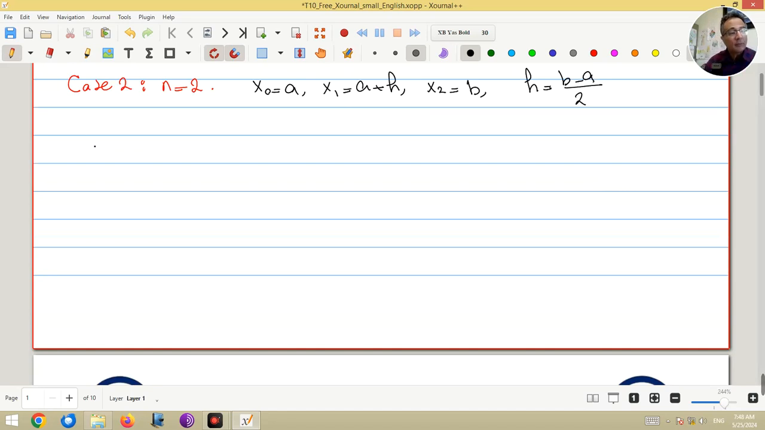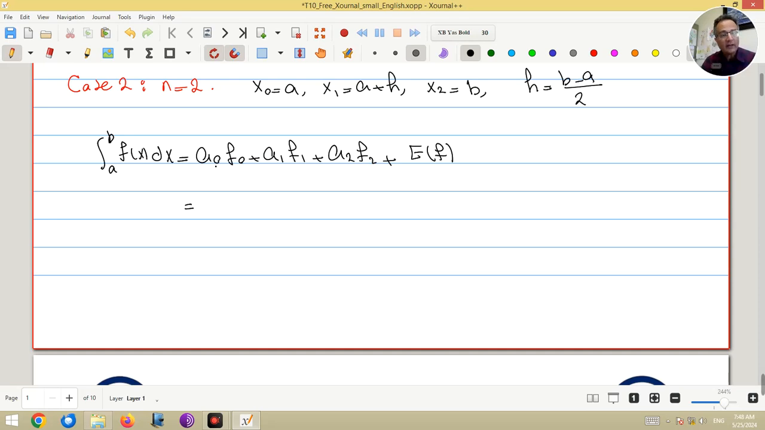Okay, so by the formula we saw that the integral from a to b of f(x) dx is equal to a0 f0 plus a1 f1 plus a2 f2 plus the error of f. And now here I know that ai is the integral from a to b of li(x) dx. So if I put in a0, a1, a2, something like this, I will get, this will be a0